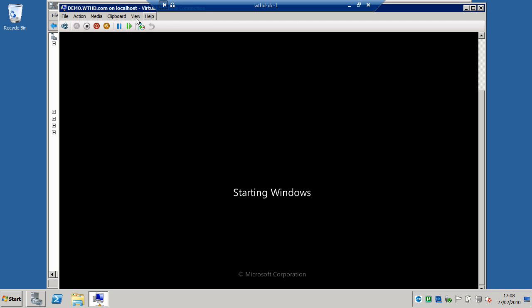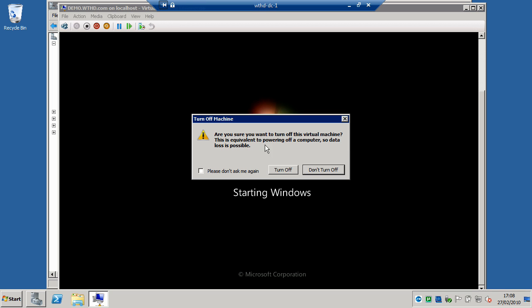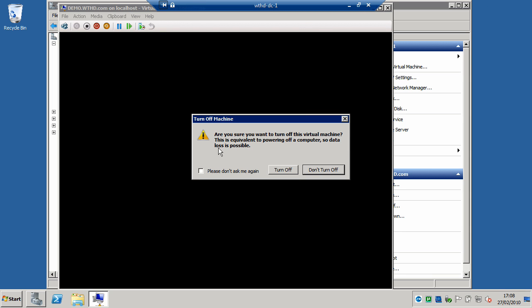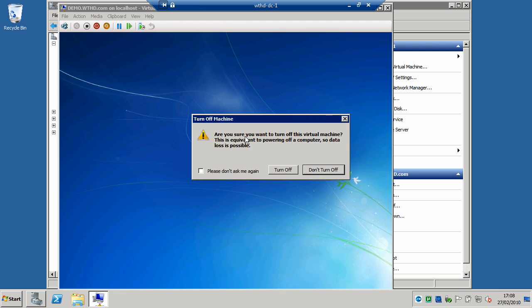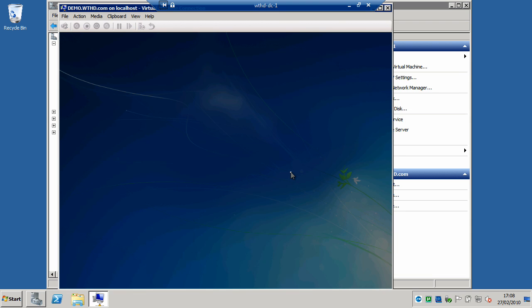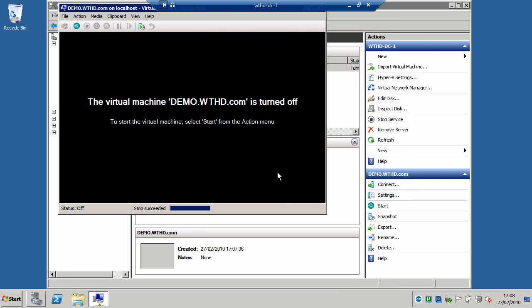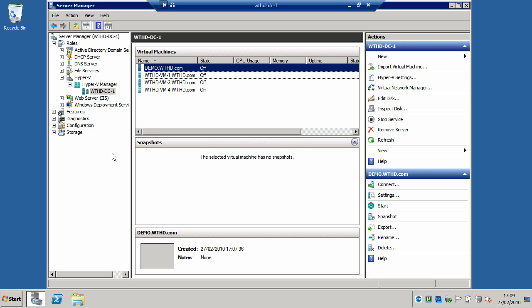To stop a virtual machine, you can either click Shut Down, or Stop, or Turn Off. Turn Off will turn off the virtual machine without telling it it's going to do it. So if I click Stop here, it'll give me a message, sorry, saying, are you sure you want to turn off this virtual machine? I'm going to click Turn Off, because I'm sure you don't want to watch me install Windows 7. So if I close this,